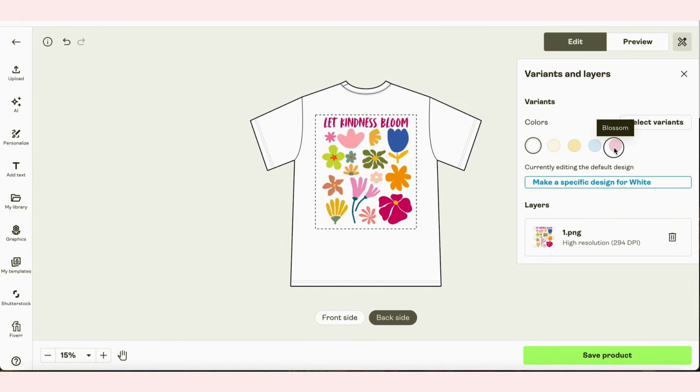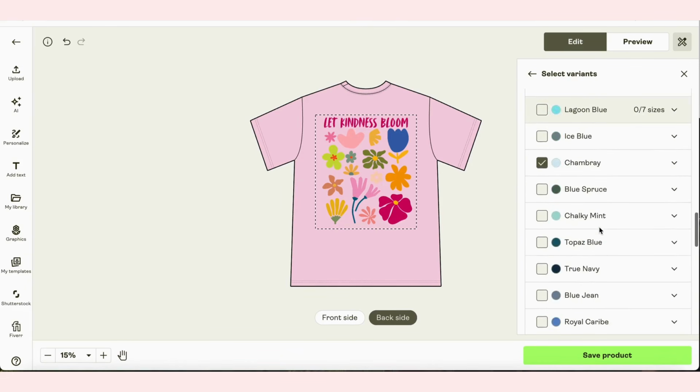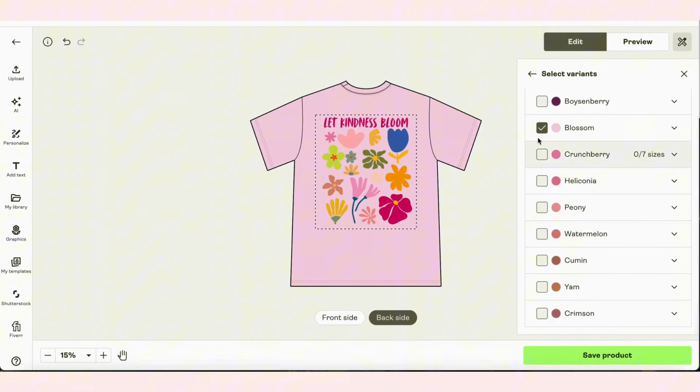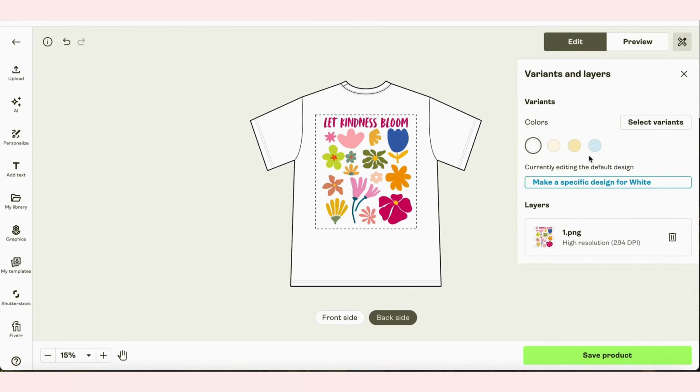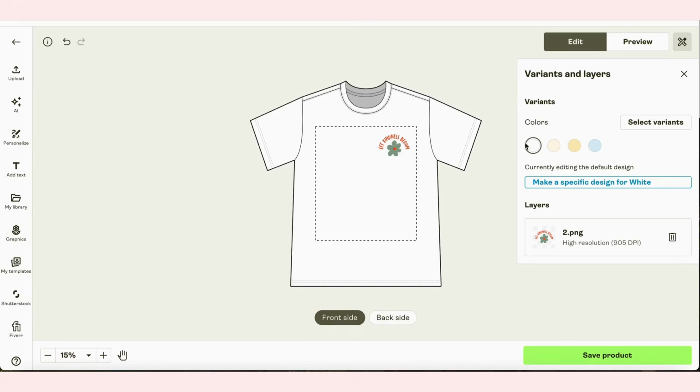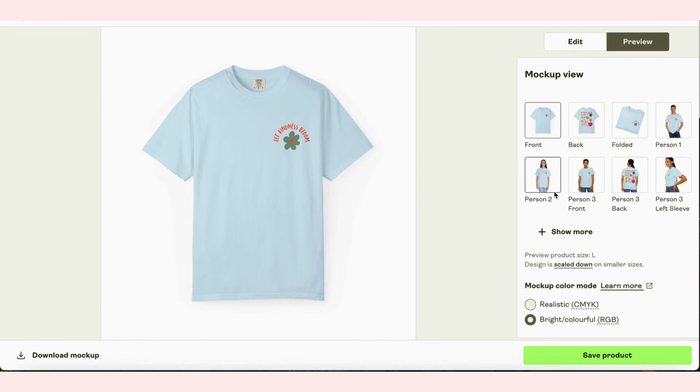I think maybe the blossom, some of the elements get a little bit lost, so I might go ahead and deselect blossom and just have it available in these 4 colors. I'll do the same thing. We'll go through and we'll see how it looks for each color for the front design, and I am very happy with that. So that being said, again, we'll just head to preview